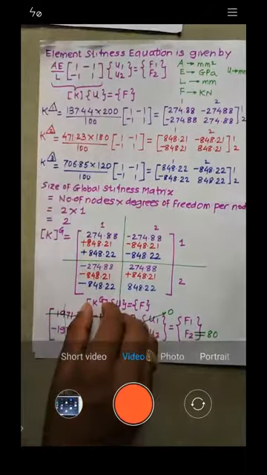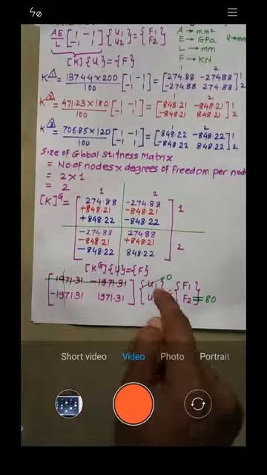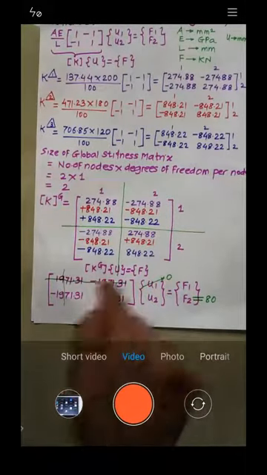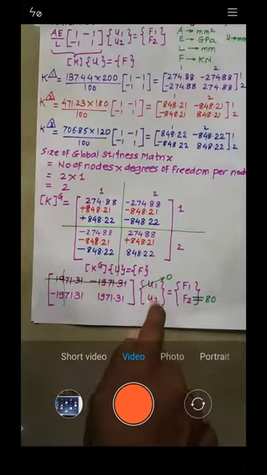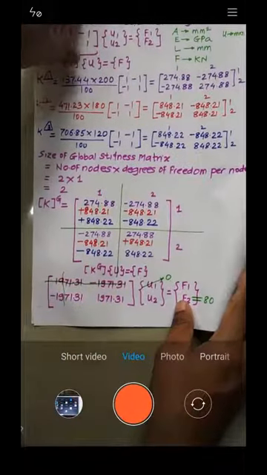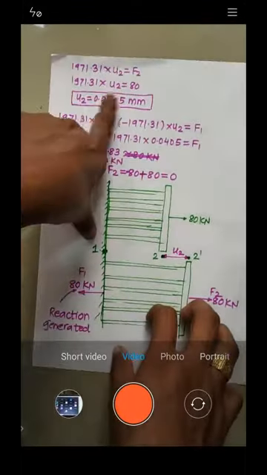Now the global stiffness matrix multiplied by displacement is given by force. I've written this equation. Our structure is fixed at node 1, that's why the displacement is 0. So that particular row and that particular column get cancelled. If I need to calculate the value of U2, I should put the value of F2, which I have entered as 80, because it is given in the problem. Once I put that value, I got the value of displacement.